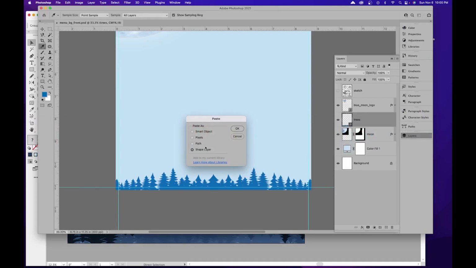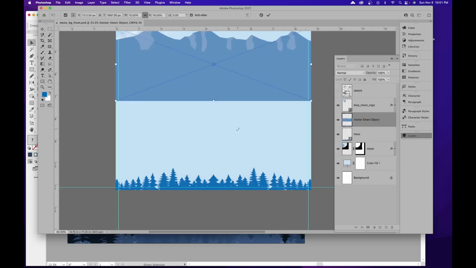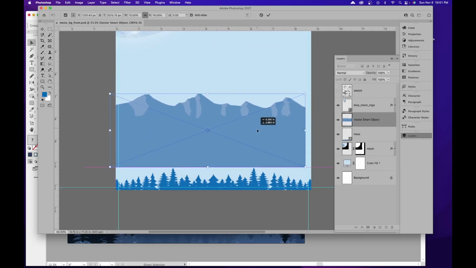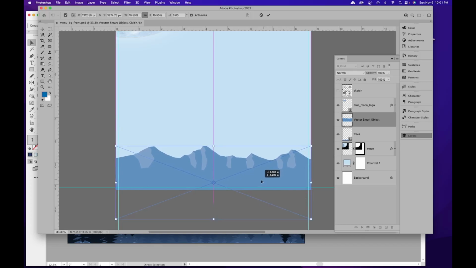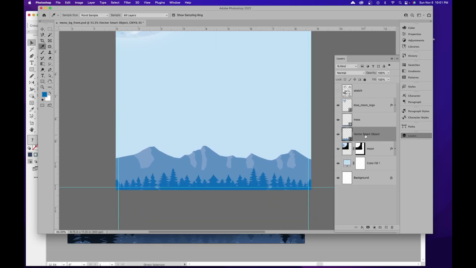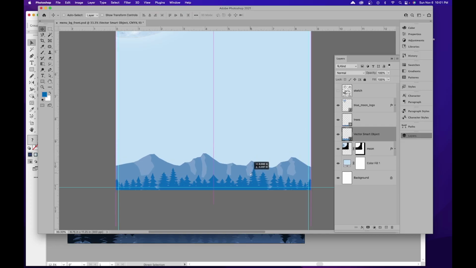let's actually bring it in as a smart object. And I do not want to add it to my current library, so I'm going to uncheck this and click OK. And now I can drag this over here. I want to put this behind my tree line. And since it is a smart object, if I ever wanted to go back and change this, it's going to open up in Illustrator. So click on my Move tool, drag it down here,